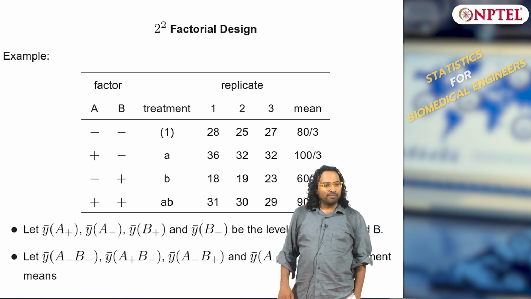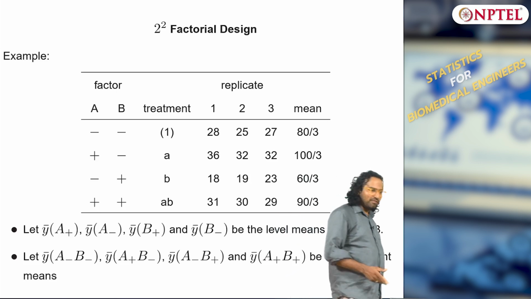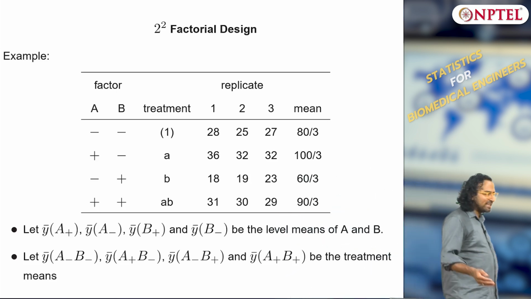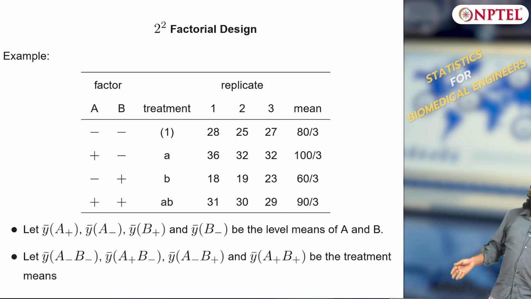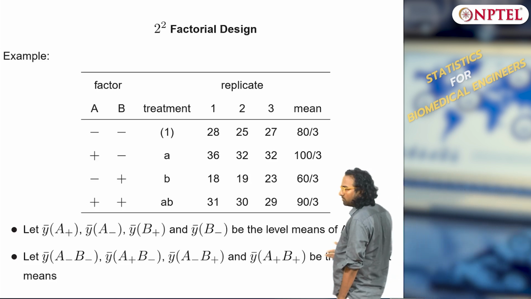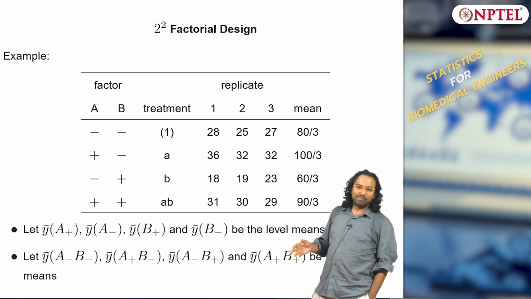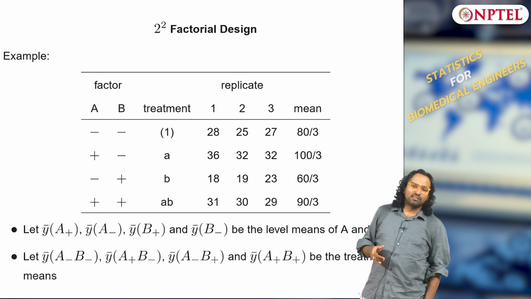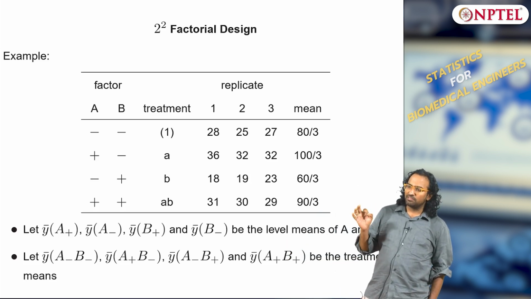Error degrees of freedom is 0. We saw that in 2A ANOVA. The same holds good for all factorial designs. In fact, it goes for 2 power k as well. Whatever k is, it does not matter. When you do not do a replication, the error degrees of freedom will be 0.